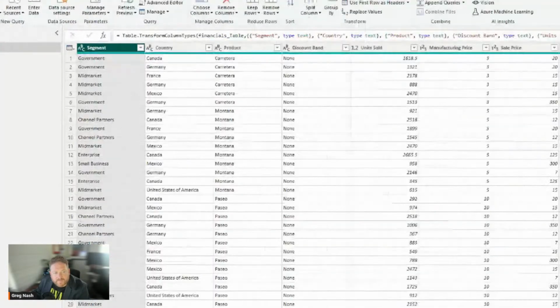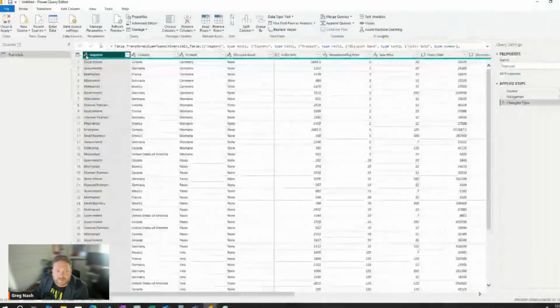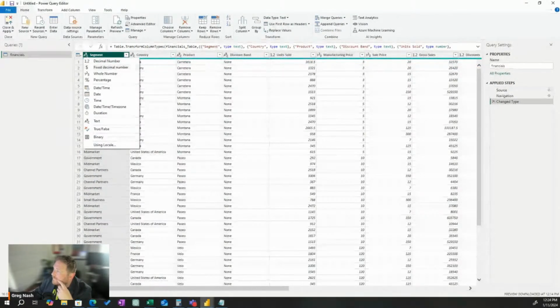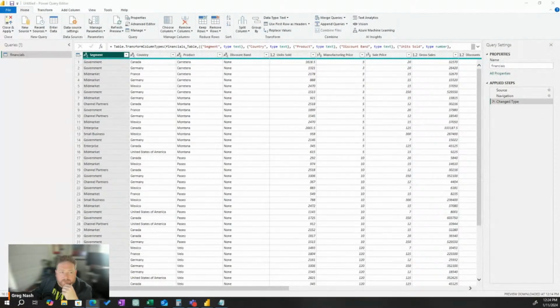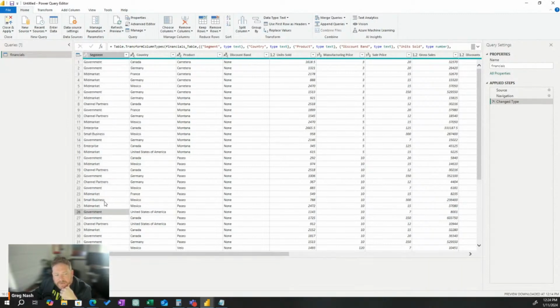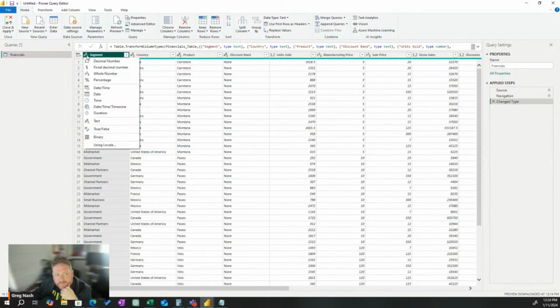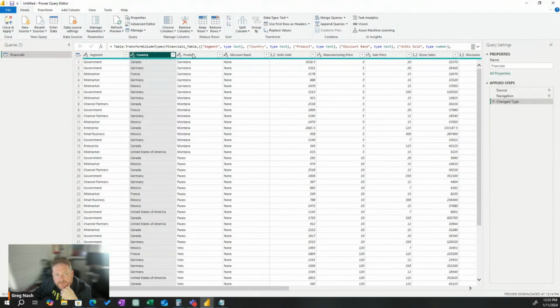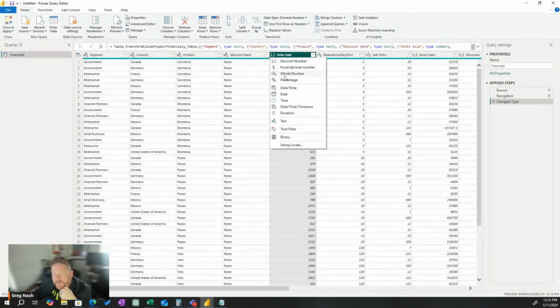I can't zoom and show that menu for some reason. Okay, so I won't. You've got decimal number, fixed decimal number, whole number. We're changing what type of data lives in this column. So they're saying we want to click here and change this to a whole number. That's what they're saying in the tutorial.